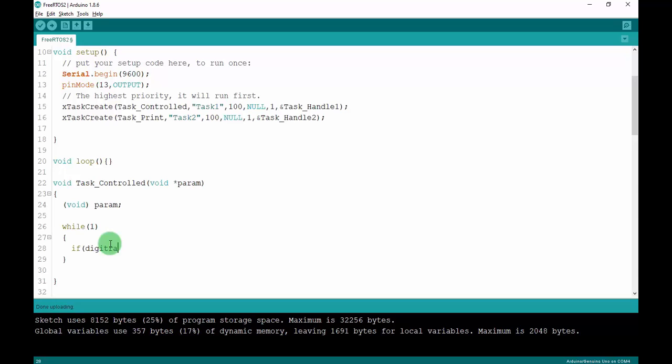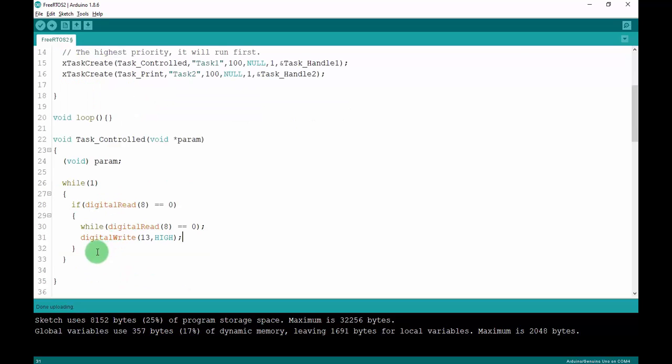Okay, if digital read, I will use the pin 8 is the button, and I have a while loop here to avoid print too much time. Digital write high, else digital write low. Okay,